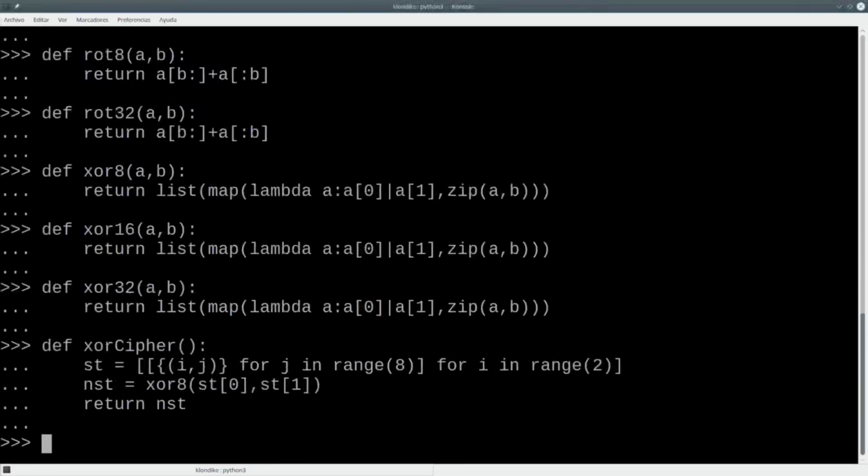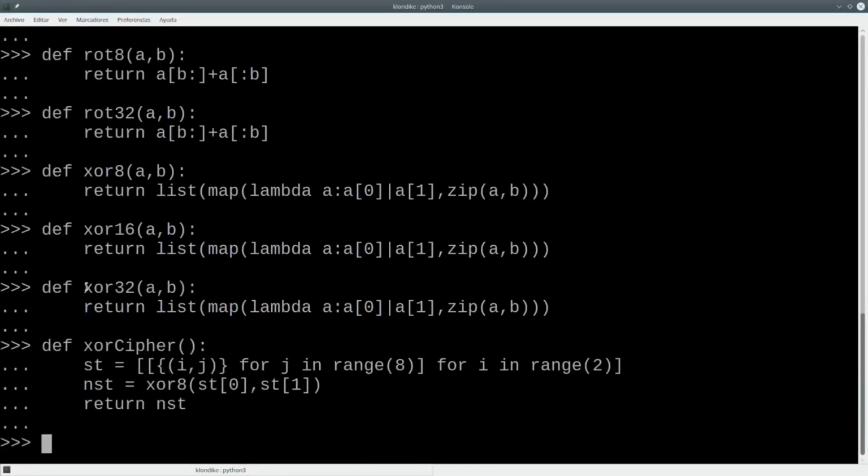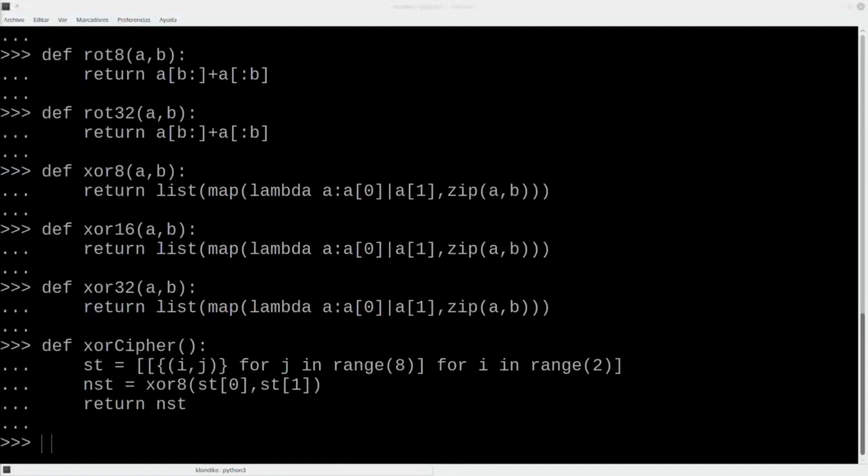So as you can see, the only thing that we are doing is first we generate the lists of inputs, and here you can see that we just do the XOR of both inputs, and then we return the result of the XOR. So if we go and generate the state, and then we print the code for that state,